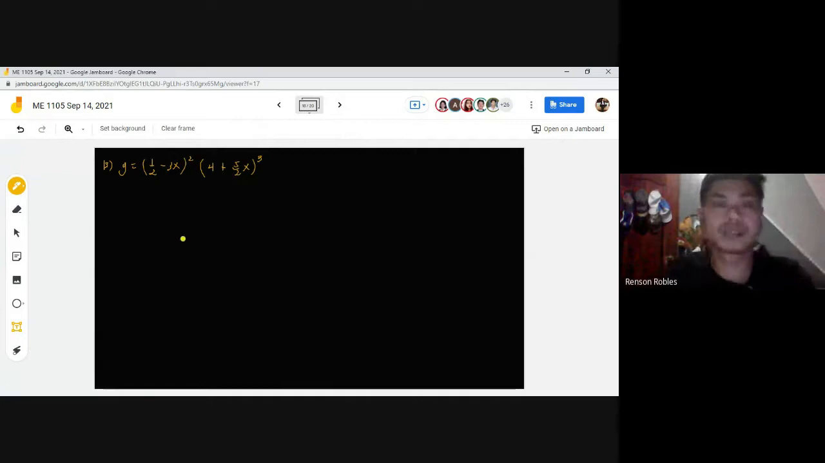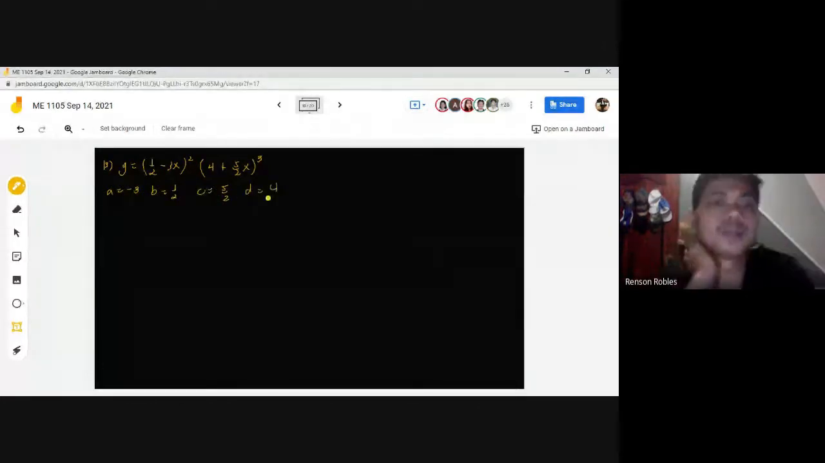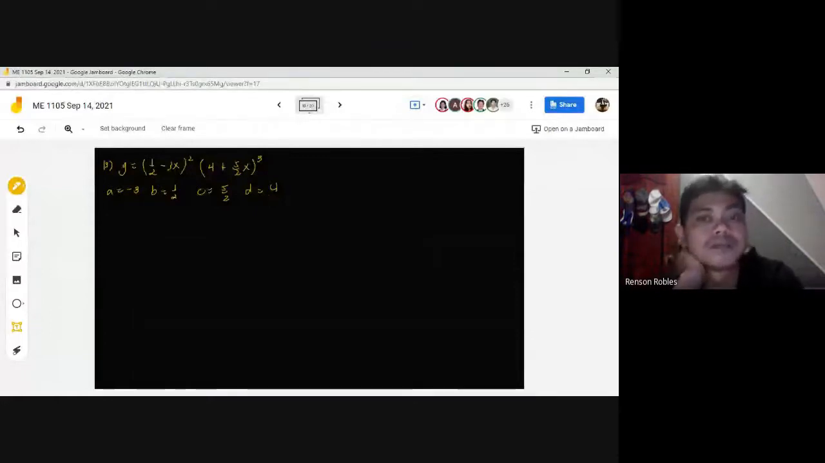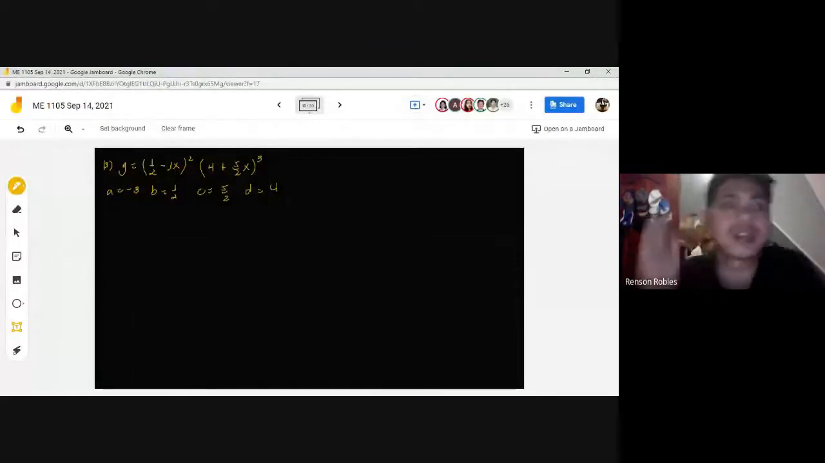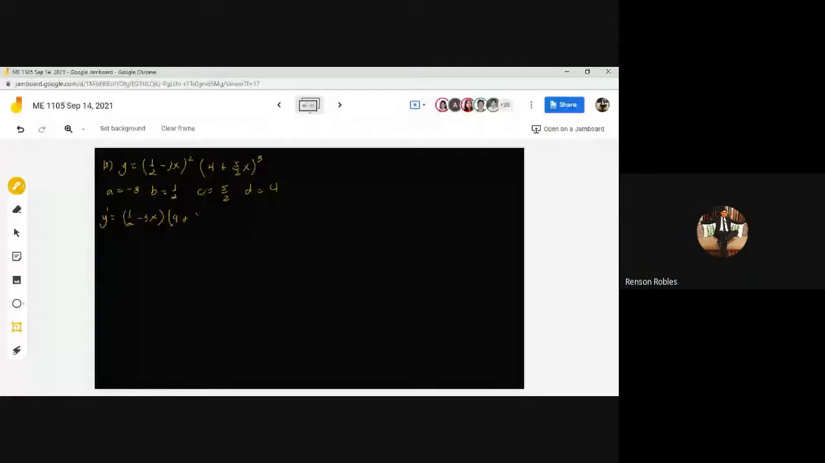So here, A is equal to negative 3, B is 1/2, C is 5/2, D is 4. Huwag niyong pagpapalit-palitin yan. Okay, and then you can apply the formula. You now have y prime 1/2 minus 3x, then subtract 1, 4 plus 5/2, then subtract 1, then times